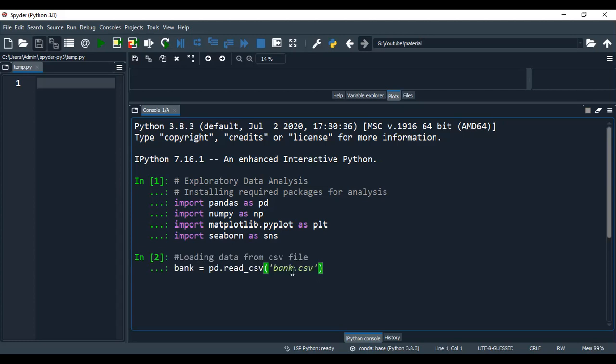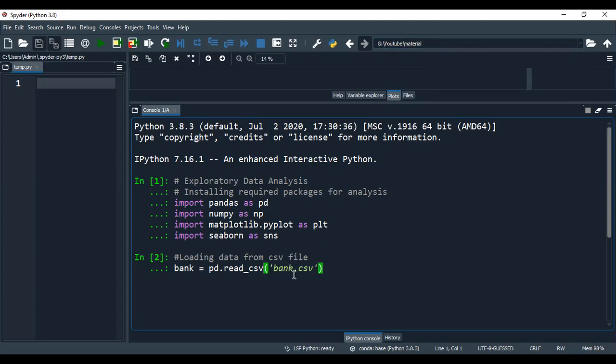I am using a CSV file, so I am using the read underscore CSV command. So pd.read_csv bank.csv. Moreover, I have already set the relevant working directory, which is my G YouTube material.